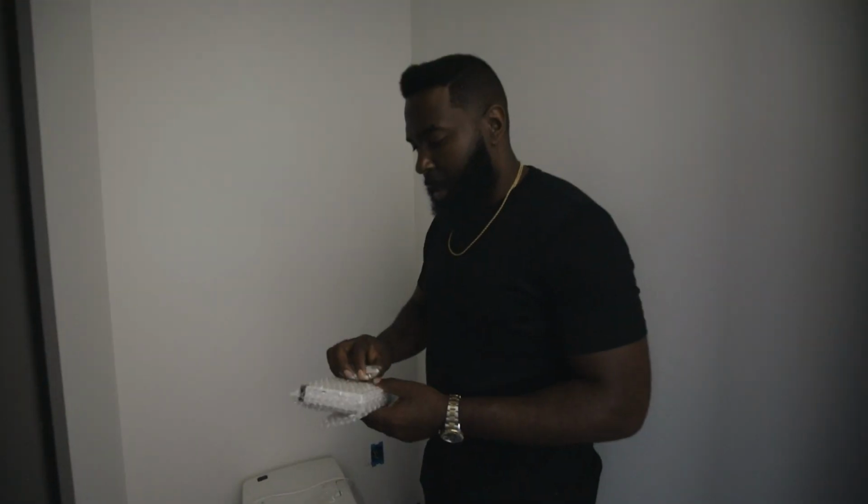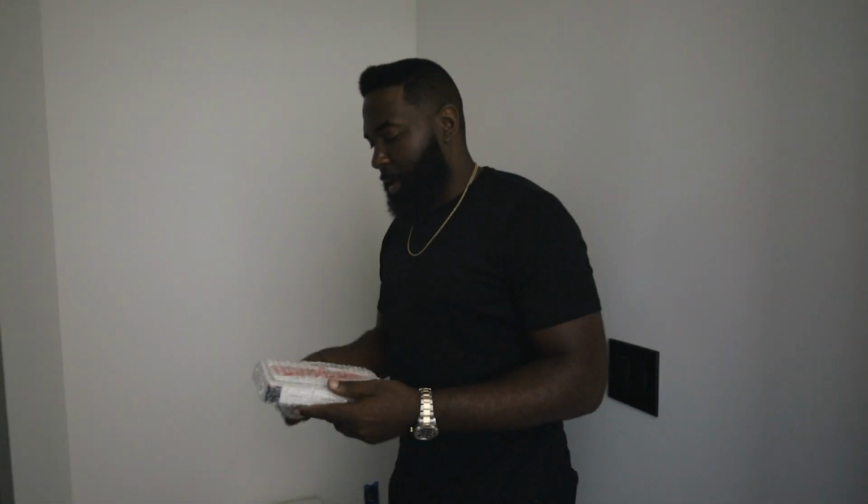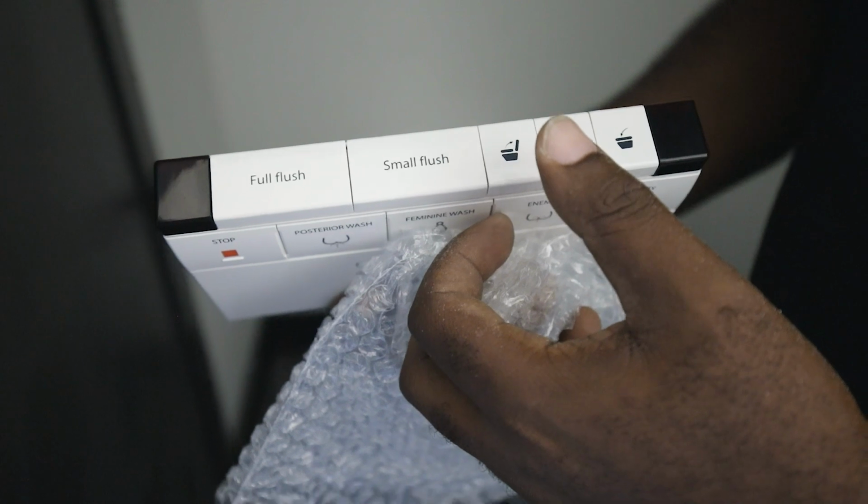And then you have this smart toilet here with a bidet system in it. And you can kind of see some of the language on it. It's pretty funny. You have a small flush. You can lift the seat, lift everything, close it. And then you have